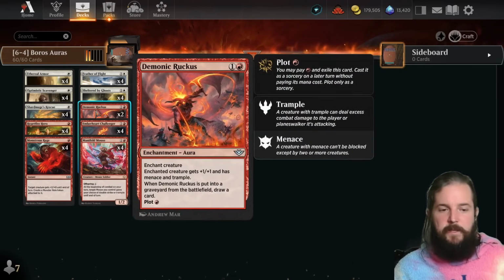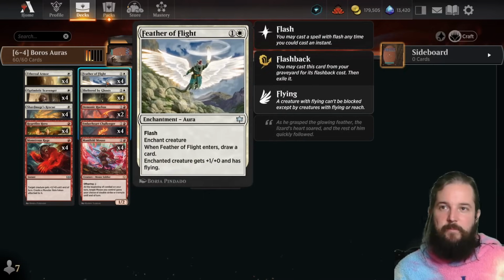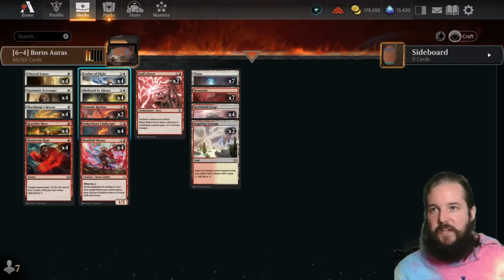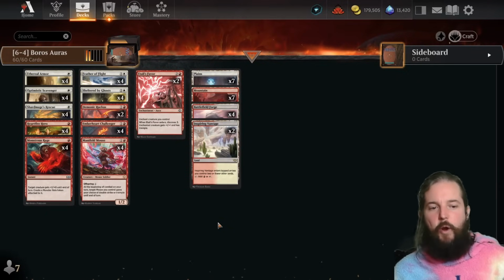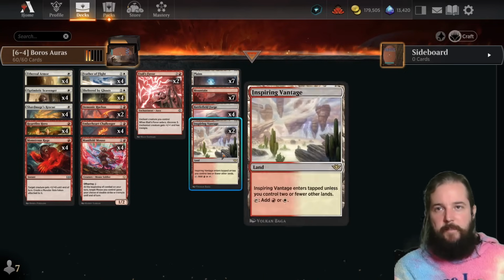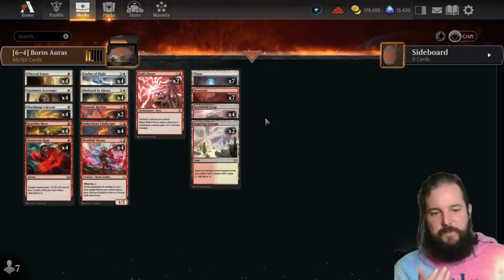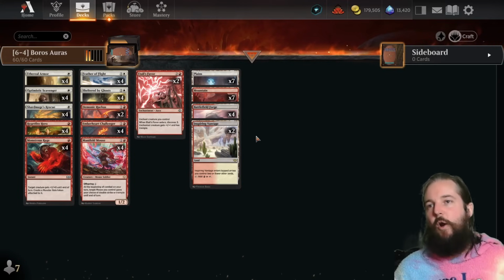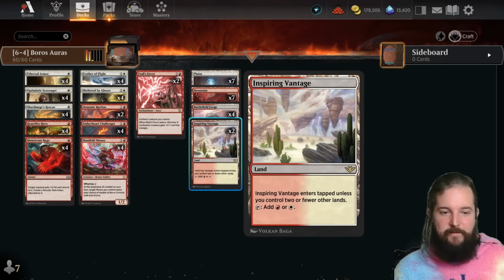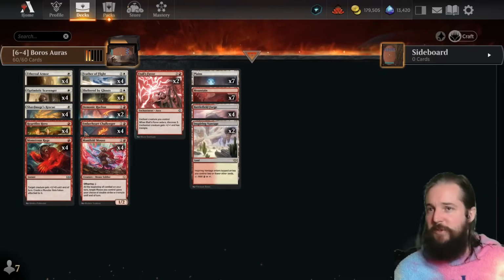So Demonic Ruckus being dropped by 1 here to bring in an additional copy of the Feather of Flight, and this one just comes down to card draw in a different way and evasion in a different way. So very similar effect out of both cards. And then the lands, we dropped 2 Inspiring Vantages to bring in a mountain and a plains. And really, I doubt it's a heavy impact on the archetype, because this is really only painful when you're already past 3 lands, and you're usually ending the game pretty quickly